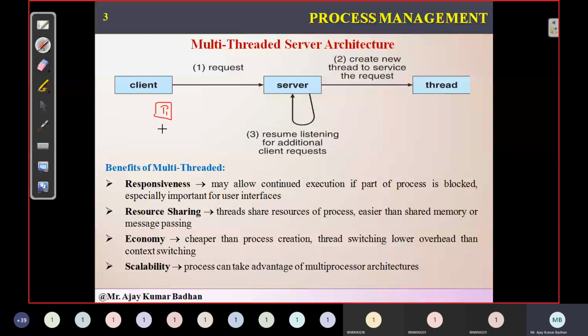This process can create multiple child processes, like P11, P12, P13. Let us suppose this parent process has created three different child processes.